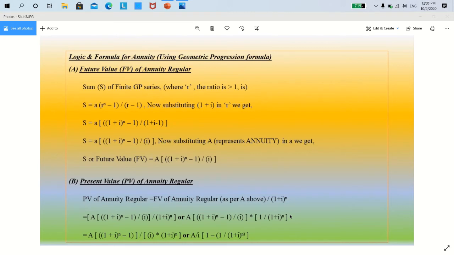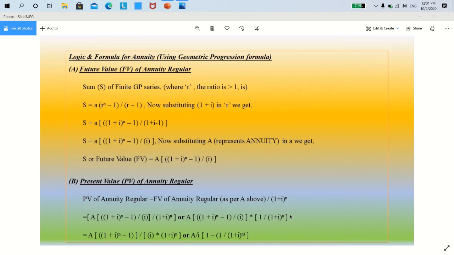So, if that particular amount can be known, then life becomes easy. How do we calculate that amount? That's exactly why we need this formula of future value of annuity regular. So in place of capital A, 5,000 rupees in our example will be substituted, and then 1 plus I, depending on the rate of interest given in the question, if it is compounded annually, for example, if the rate is given as 10%, then I will be 10% and N will be 5.